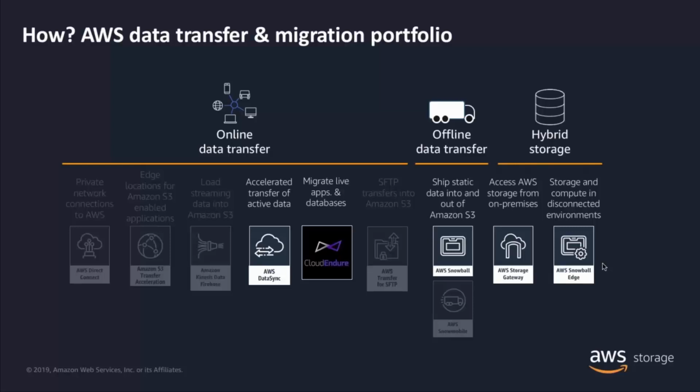And then finally, on Brian's side of the house, the offline data transfer side, we have Snowball, and we also have Snowball Edge, which is a fairly new release that gives you the ability to do compute at the edge. So not only is that Snowball just a pile of disks that give you storage, but it gives you intelligence, gives you some compute to be able to run maybe Lambda scripts or be able to do some pre-processing of